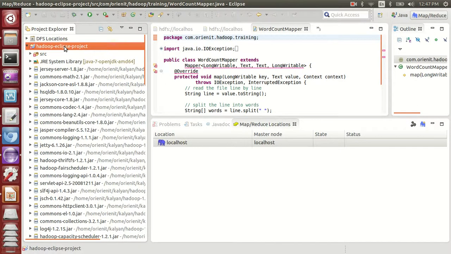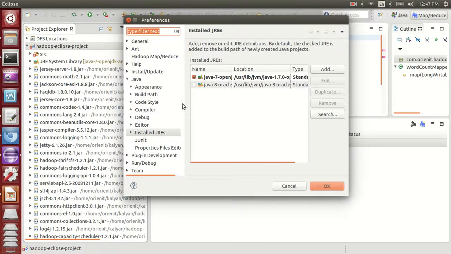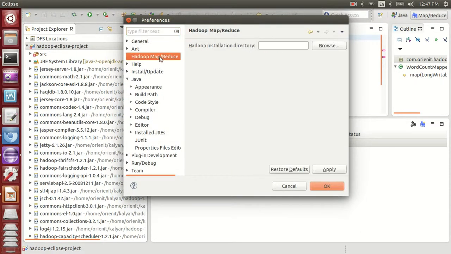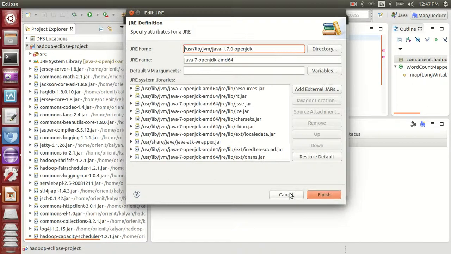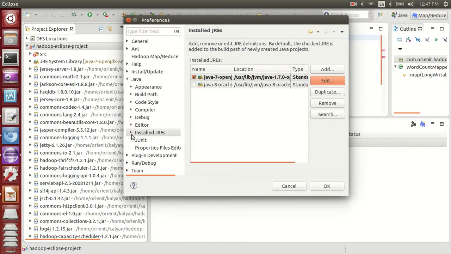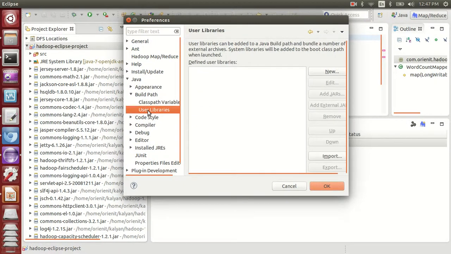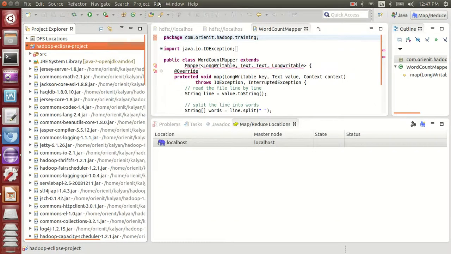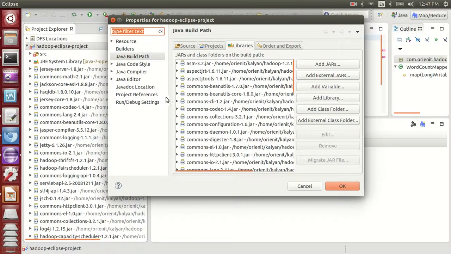Now let's make one more fix. I need to go to the project properties.